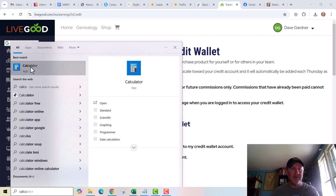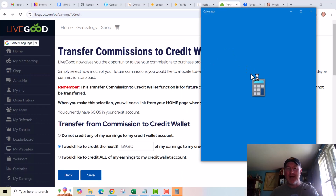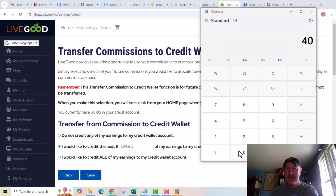Let's pull up my calculator app. Hopefully this will open up. If you think about it, LiveGood has a one-time registration fee of $40 US. And then if you add on the annual $99.95, that is the cost and the only cost you will ever have to pay to be a member of LiveGood for a full year if you decide not to buy any products. Now, obviously, there is no requirement to buy any products. You can buy products if and when you choose, and then there will be fees that go along with that. But if you just want to become a member and an affiliate of LiveGood for the whole year